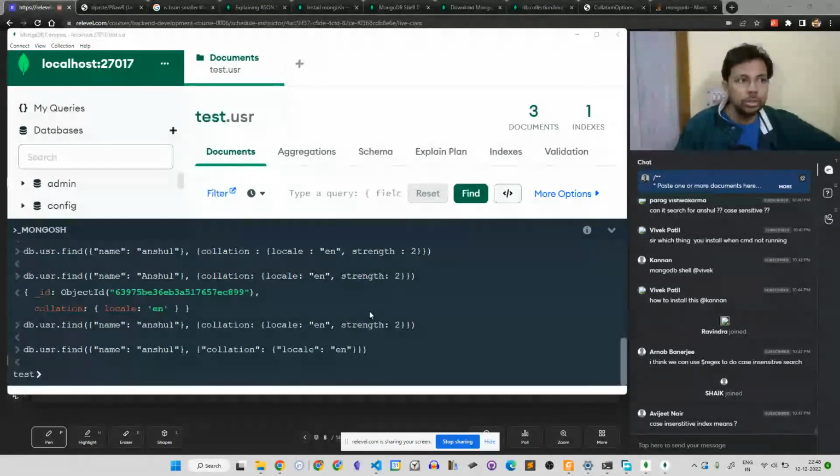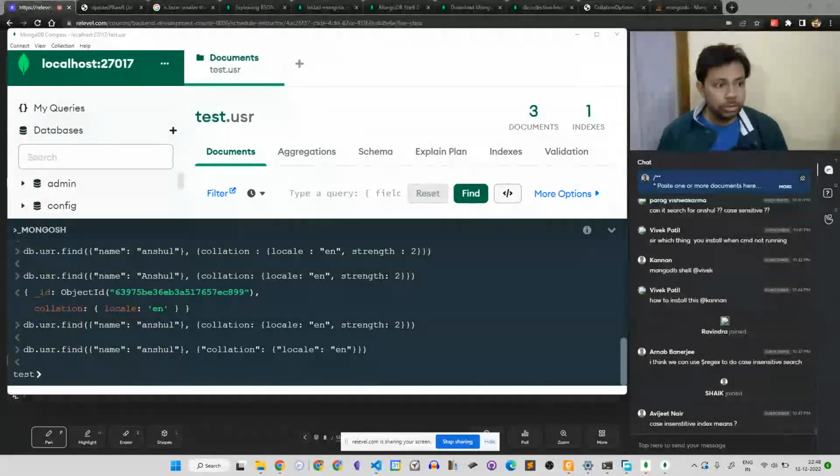This is one option. Yeah, strength will be one.